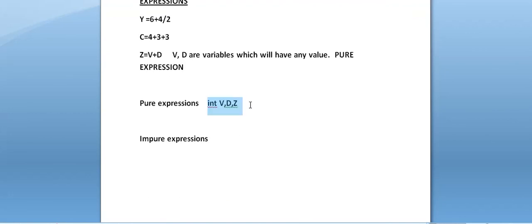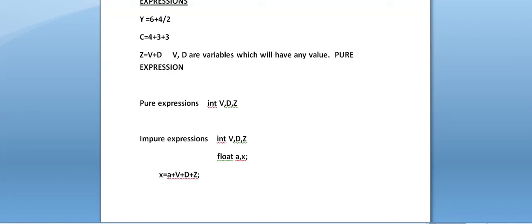If I copy this and use one more declaration, float a, x, and write an expression like this, x is equal to a plus capital V. Java is case sensitive, so we have to keep the case in mind.